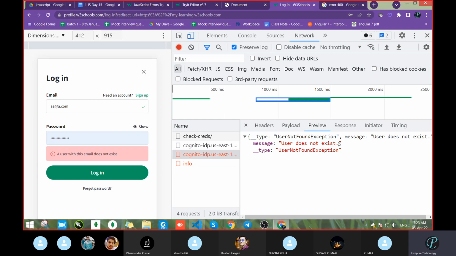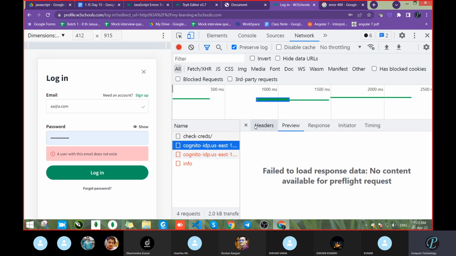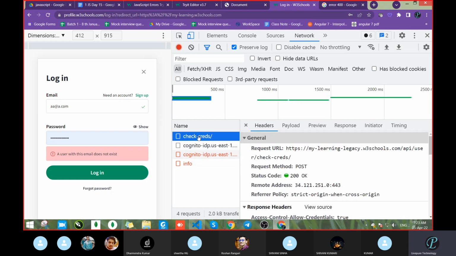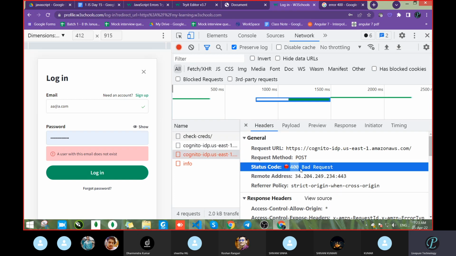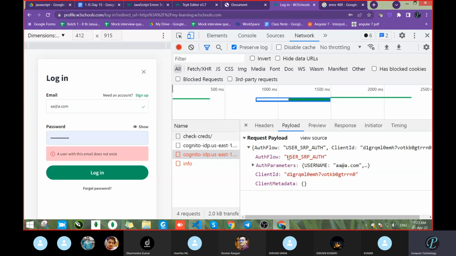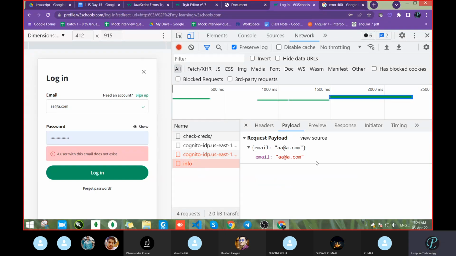So actually the error is this one, message not found, meaning 'user does not exist'. But how did they get this? They got it with the help of the error code. What was the error code? Error code was 400. Whenever 400 comes, you have to show this error, which is a custom error. We wrote that whenever 400 comes, you have to show this information.